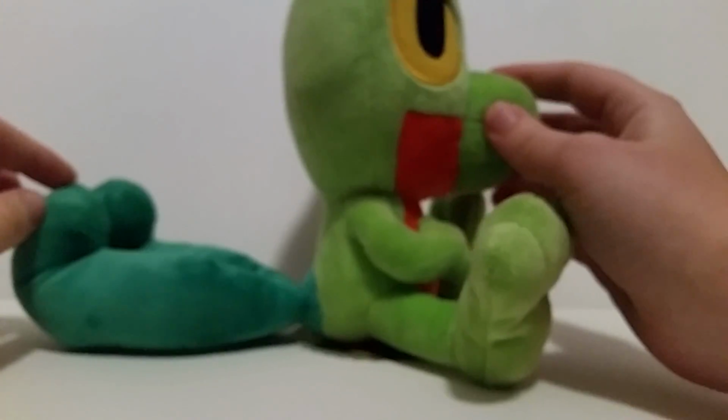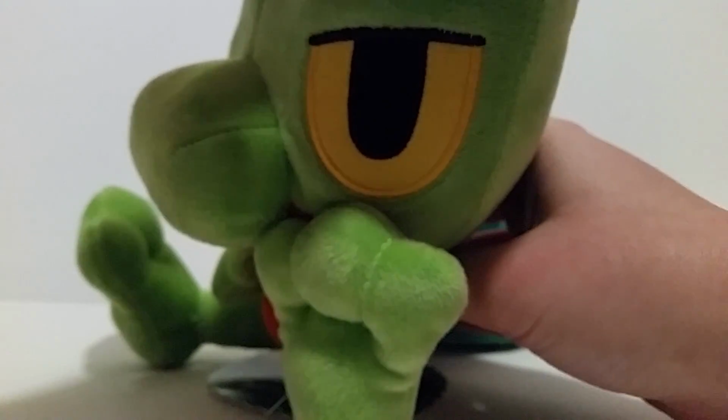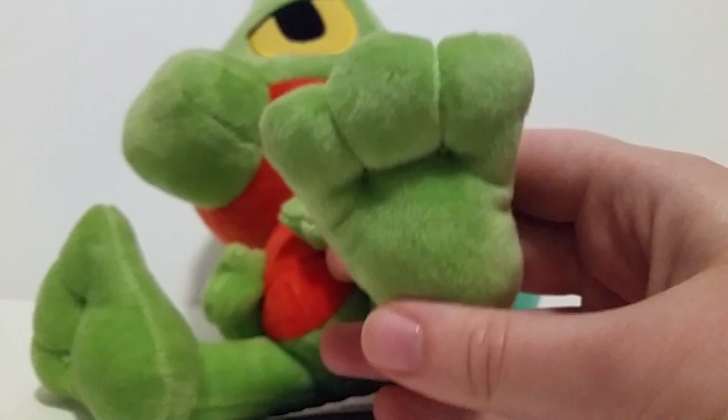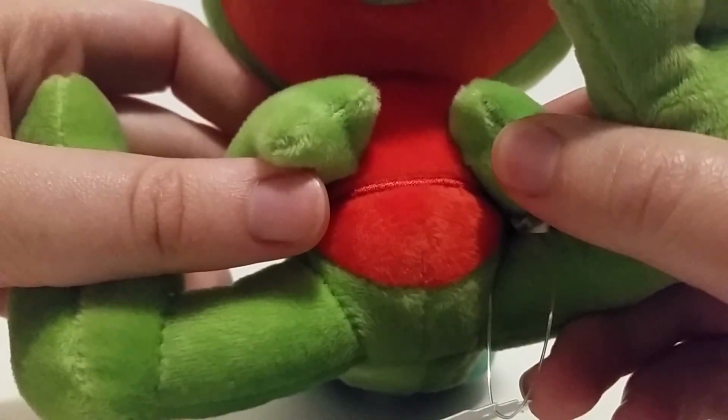The facial structure is really, really nice. You've got awesome embroidered eyes there. It's fabric on the inside, but then it's embroidered on the outside, which is always nice to see. They're not just slapping on some felt or something. And then the paws are actually embroidered in also, so that's really cool. And then we've got some embroidery on the tummy as well for our little stripe, I guess it is, for